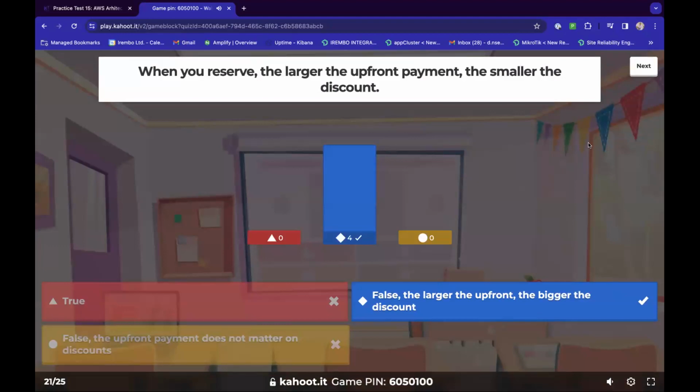Yeah, definitely. So with AWS, the more you reserve, the more the discount becomes. If you can reserve for 1 year, you can't compare with someone who is reserving for, let's say, 3 years. That's why we even have different pricing models, especially for EC2s. For reserved instances, you basically can commit for 1 year or 3 years. So as long as the higher you go in terms of reservation, I mean in terms of time, the higher the discount goes.